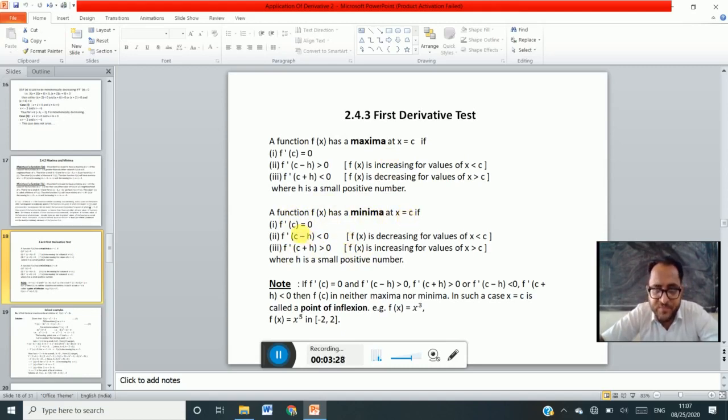What is that? f dash c equal to 0, the first condition is the same in both cases. f dash of c minus h is less than 0 for minima, whereas for maxima it is greater than 0, and f dash of c plus h is greater than 0 for minima, whereas for maxima it is less than 0. So these are the two differences here, right? If the function satisfies these three conditions, then it has a local minimum, and the minimum value can also be found that way. Okay, so see the example,